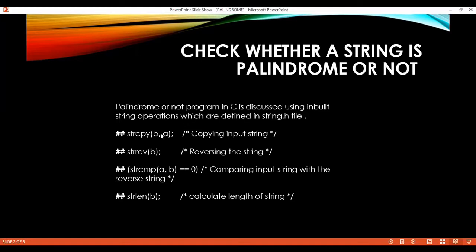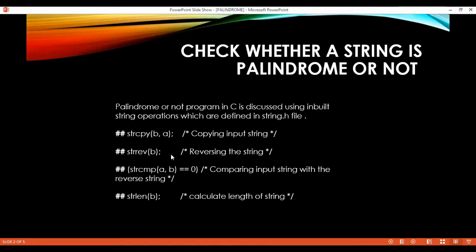Like I have shown here, string copy, which is written as strcpy(b, a), refers to copying the input string. That means whatever string is in a is copied into b. Now string reverse is the next function.